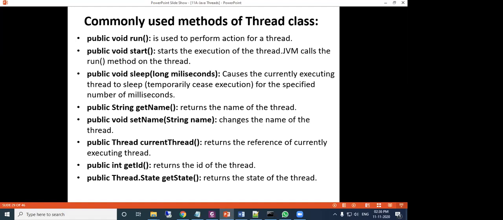You can give your custom name using the setName method. Next is currentThread, with which you can know which thread is currently executing. getId returns the ID of the thread, and getState returns the state of the thread. These are the commonly used methods of the Thread class.